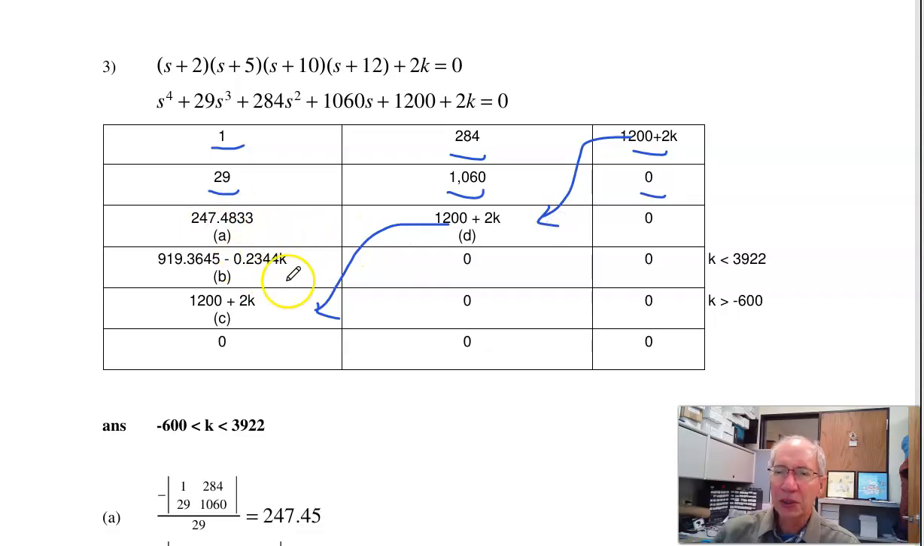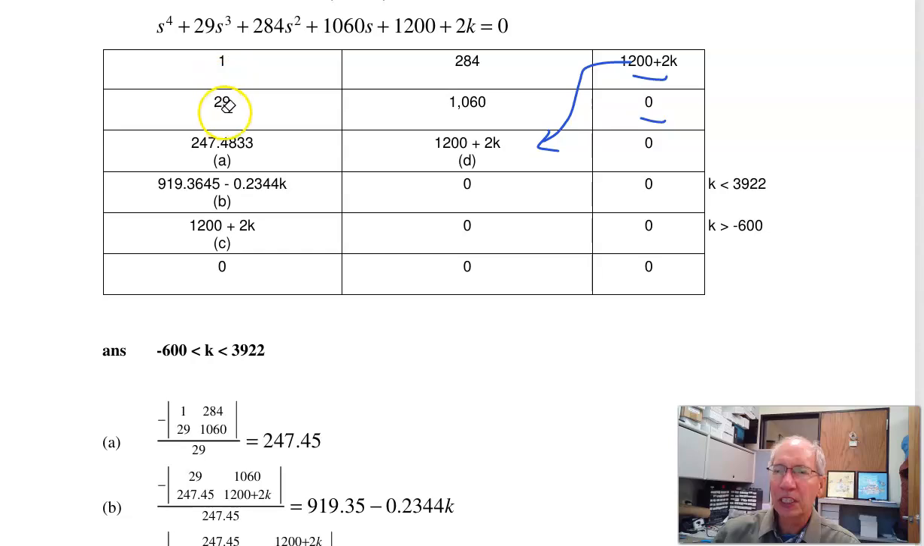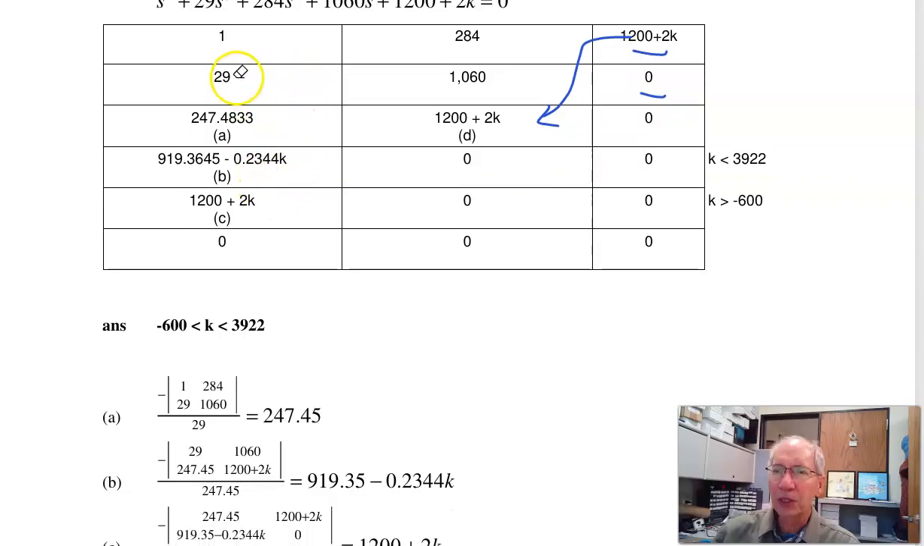So there's really just two terms I have to work for. To get the first term, a, it will be minus the determinant of 1, 29, 284, 1060 over 29. Grind that out. It's 29 times 284 minus 1060 over 29, 247.45. The next one. Take these two terms, 29, 247. On the right, 1060, 1200 minus 2k,